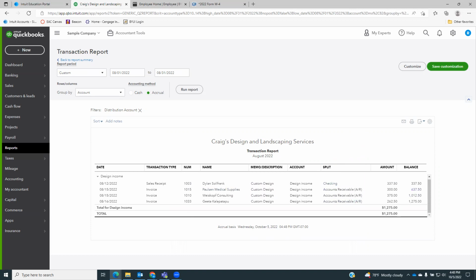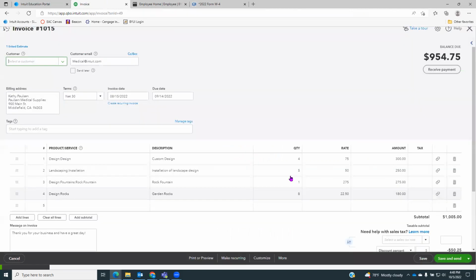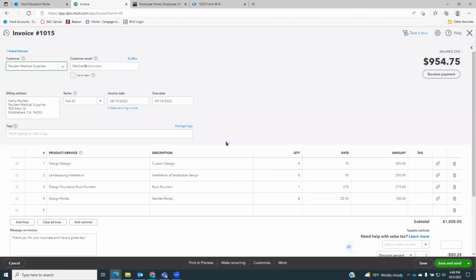And so we can see that series of transactions. And then we can drill down again in that. So like if we wanted to look at Paulson Medical Supplies, this is step 7, and see the invoice that led to this amount, I can click on that and it'll bring up the invoice. So if you're ever looking for something in QuickBooks, often the best way is from a report. You can drill down on a certain amount and then drill down to find the specific invoice or sales receipt